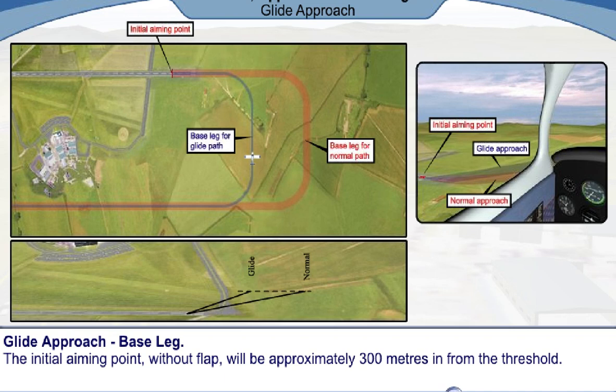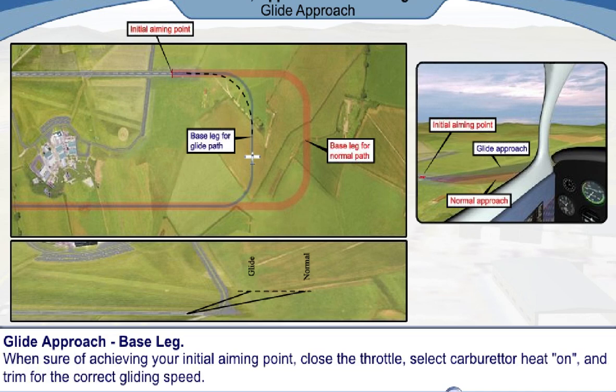As an aid to judging when to close the throttle, you must visualize the curved approach pattern that you must fly to achieve your aiming point. As you see on the screen now, that curved path will differ depending on such things as wind strength and thermal activity. When you're convinced that the gliding performance of the aircraft is sufficient to enable you to follow this flight path, then close the throttle,